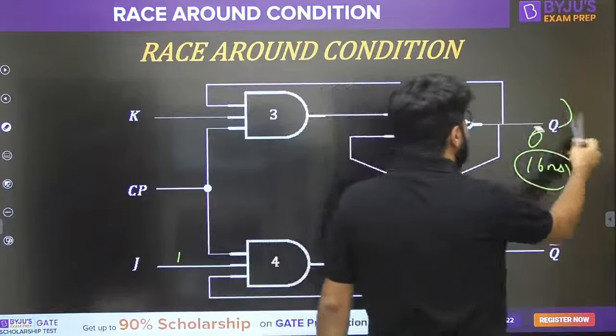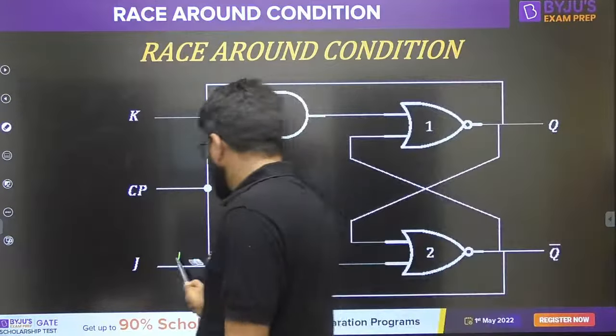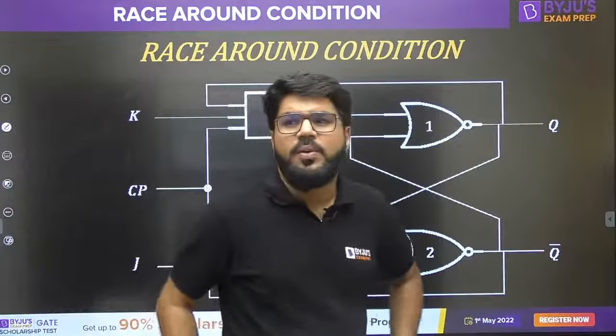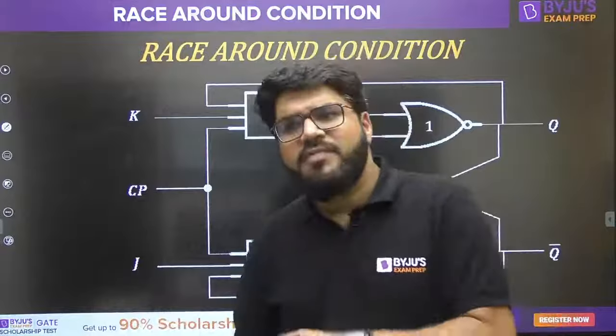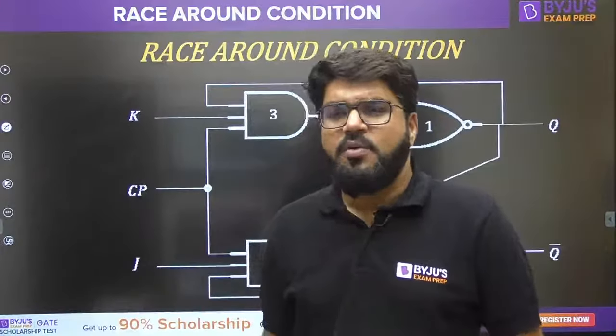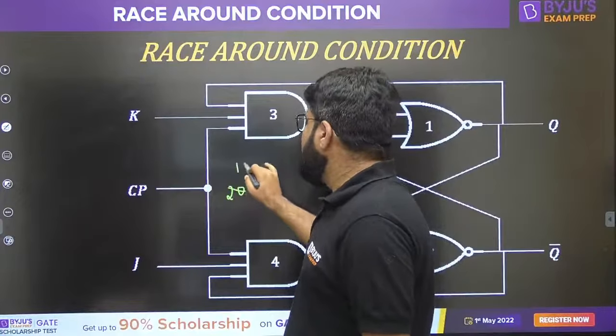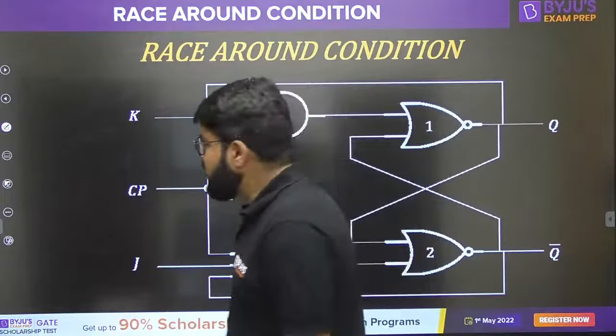Now sir, if there is a race around condition, how should I overcome it? One of the simple logics I already explained to you. What was it? The clock is going off at 20 nanoseconds; make the clock go off at 10 nanoseconds. That means,